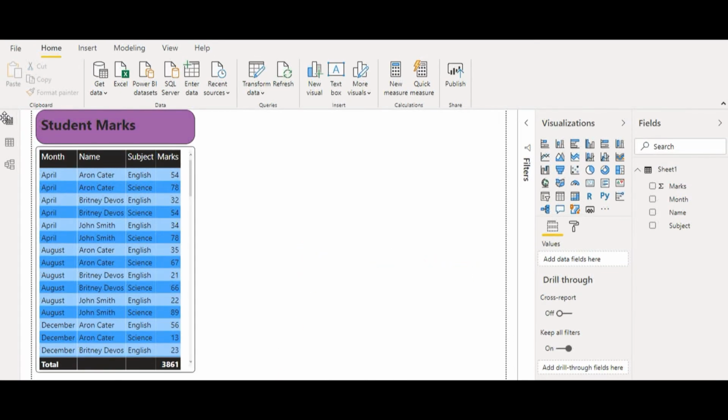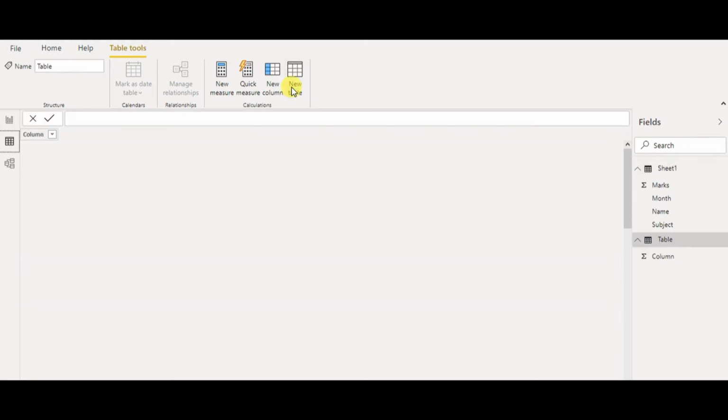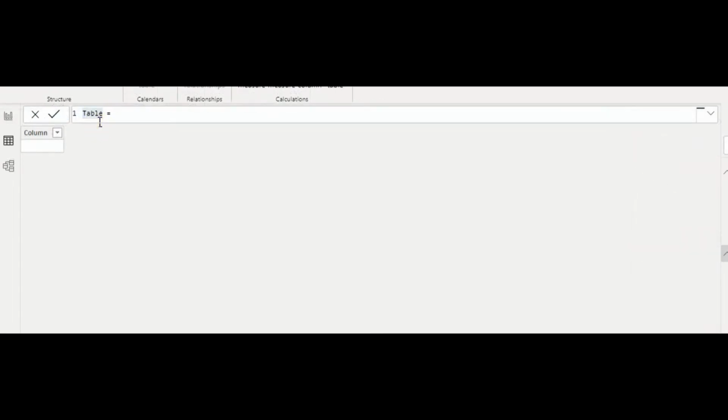Right, first I go to the data view and create a new table. Here I type top 10 marks, and I use top n.